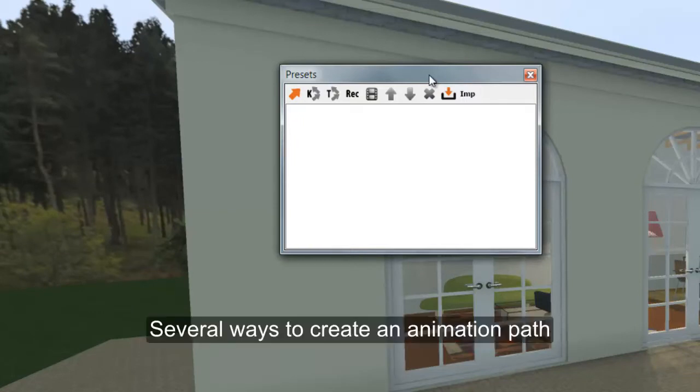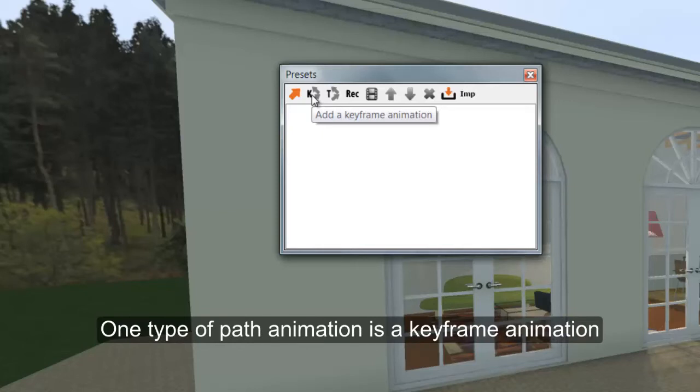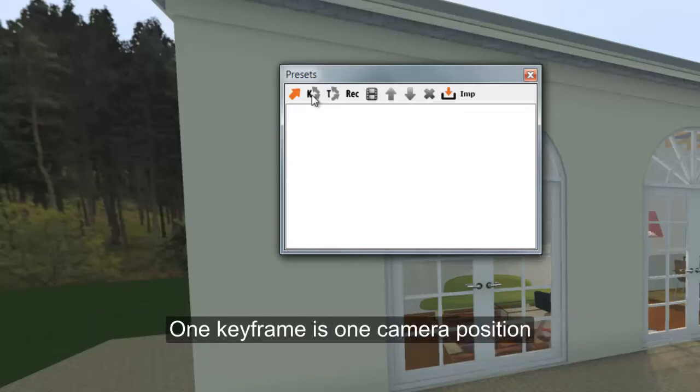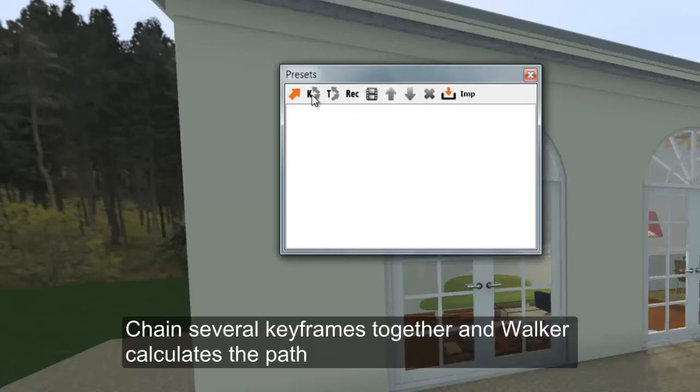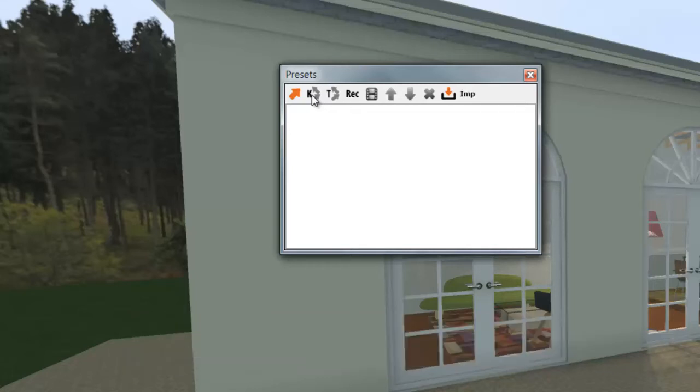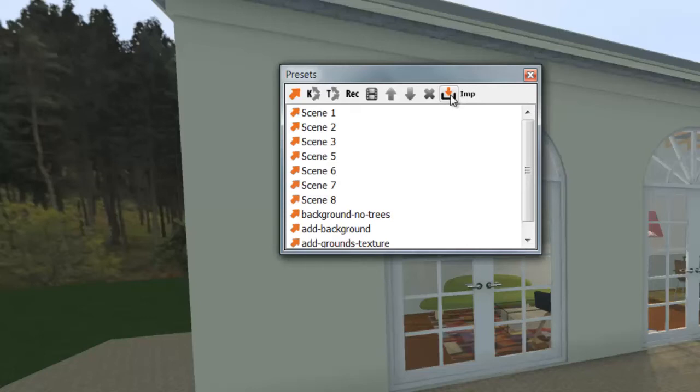There are several ways to create animation paths. The path animations are called keyframe animations, simply meaning that each view or scene is one camera position in the path, and that Podium Walker will calculate a complete path from the series of keyframes. If you already have SketchUp scenes, a simple way to create a new keyframe path would be to import all